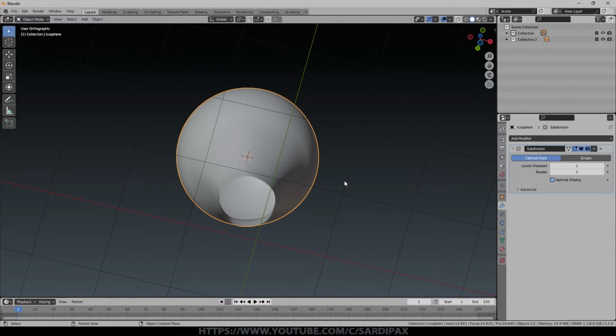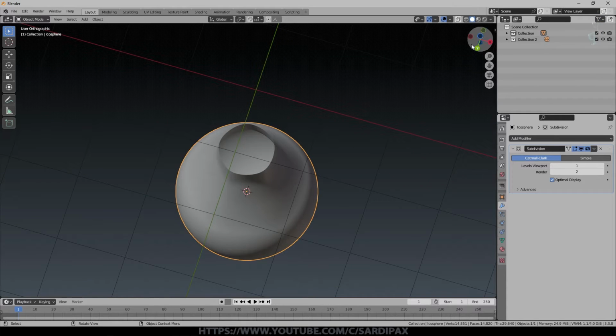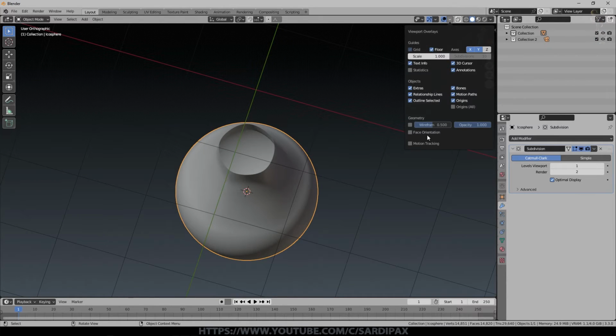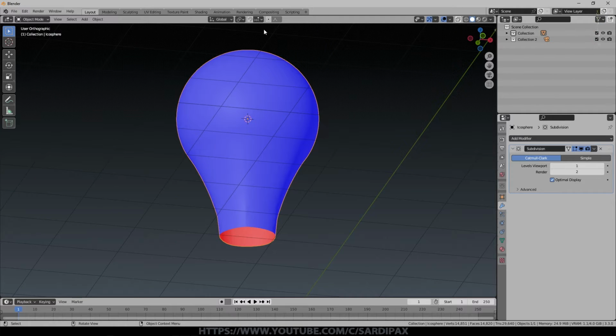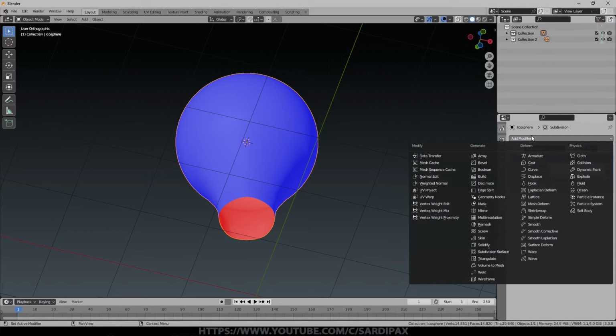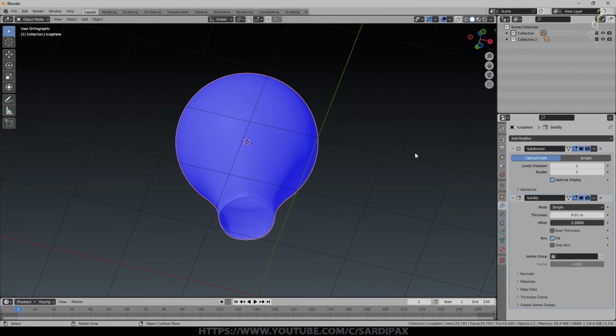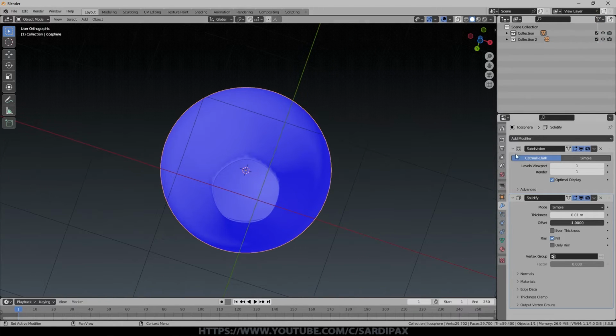I will make this thicker so that we've got both an inside and outside face, because at the moment, this only has an outside face. If I turn on face orientation, you can see it's red on the inside, blue on the outside, so that's an outer face. This is effectively inside the object, and obviously in reality this, especially when we smash it, needs to have normals that are appropriate for an external face both on the inside and the outside. So what I'm going to do now is add a solidify modifier, and you can now see it's turned blue in the middle, and that means we've got proper normals on both sides.